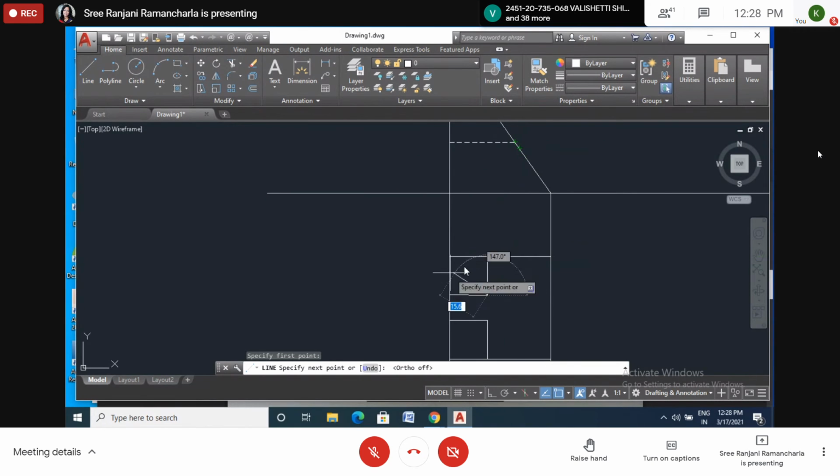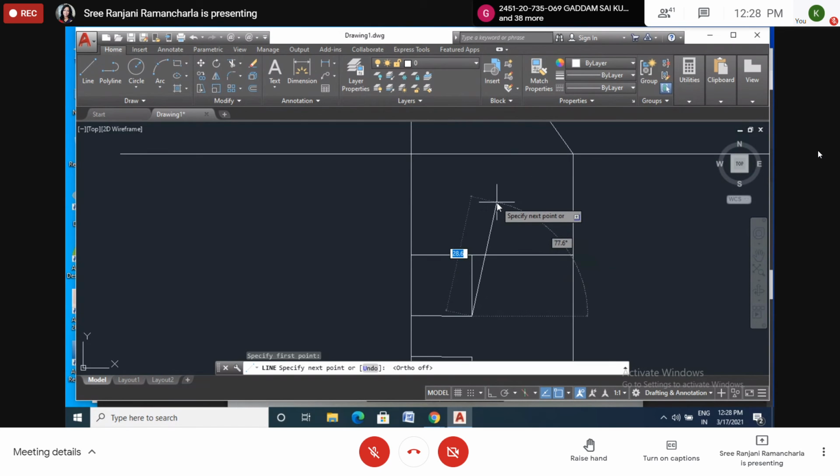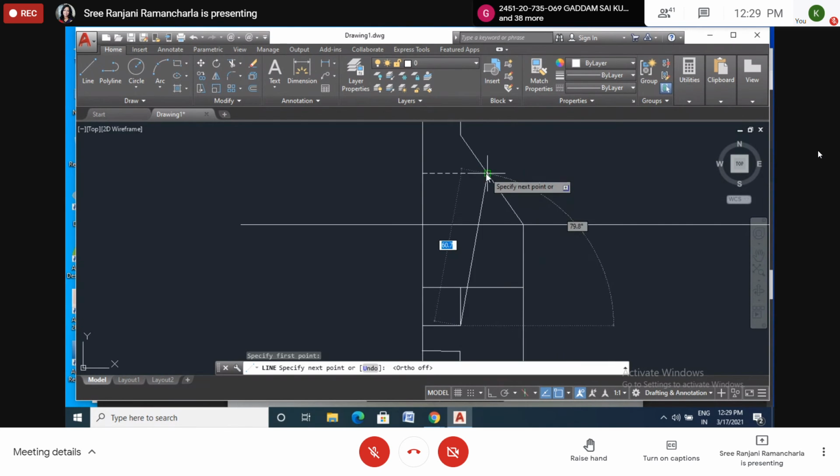It's not showing because, okay. If you want, you can draw one more line, just a projection. Draw the projector. Okay.